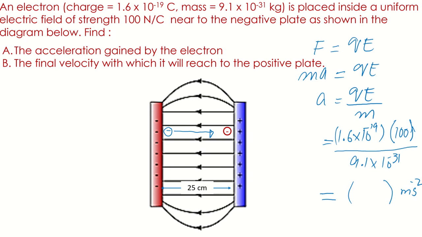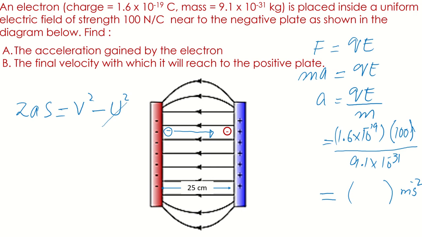Because the electric field is uniform in this region, the electric force is also uniform, which means the acceleration is uniform. If the acceleration is uniform, we can use the equations of kinematics. And you know, the equations of kinematics are only valid if the acceleration is constant. So here the acceleration is constant, so we can use an appropriate equation of kinematics, and in this situation, we can use that one